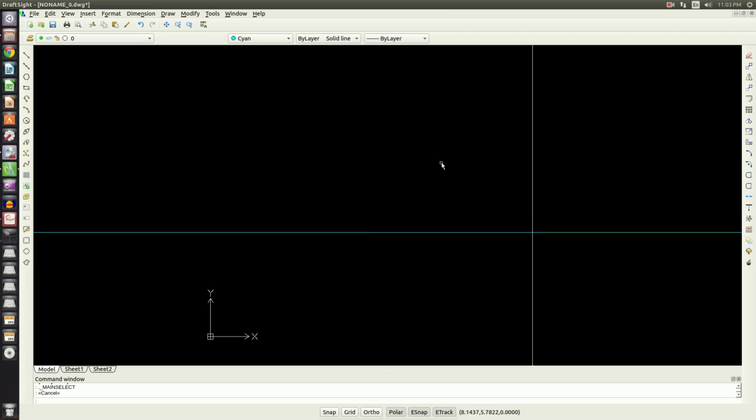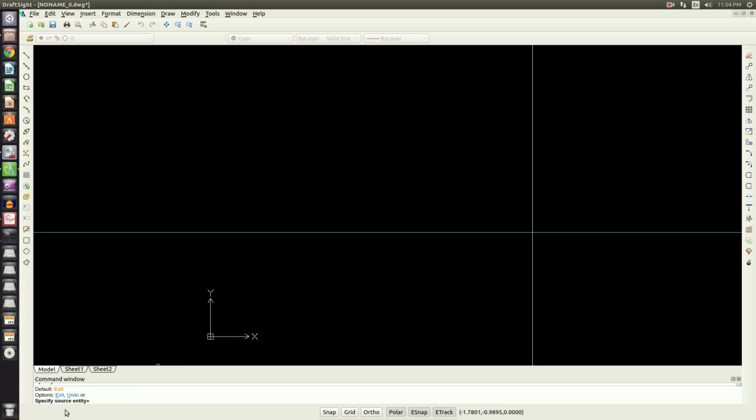Then next, I'm going to take my vertical line and offset it by the full width of the latch plate, which is 6.3 inches. So to do this, I'm going to type O into the command line down here, hit enter, and notice that it defaults to 1 inch for the distance of the offset. I'm going to type in 6.3 because that's the offset that I want to use,